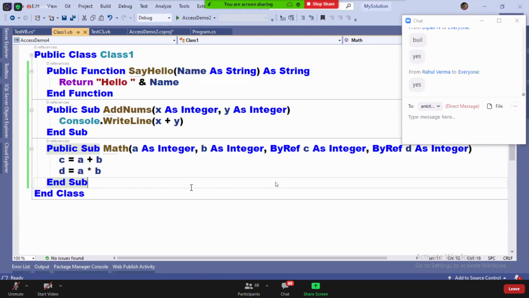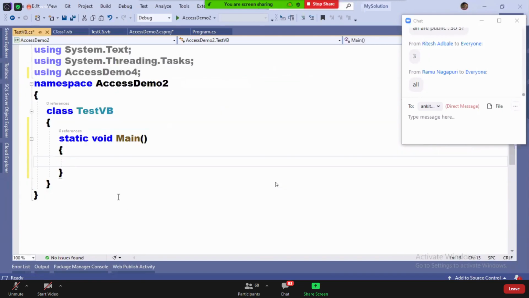These are the 3 methods you defined in Class1 and you want to consume from TestVB. So all the 3 in both the cases. Why? Because all are public. If you inherit, we can call 3 methods. If you create an instance also, we can call 3 methods. Okay, now? So come on guys, let us do it. I'll directly create an instance.